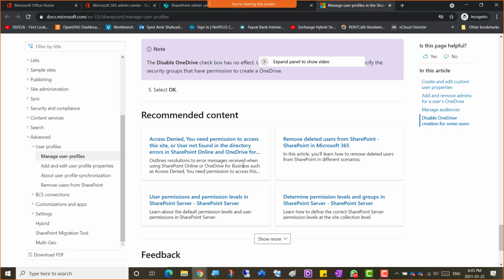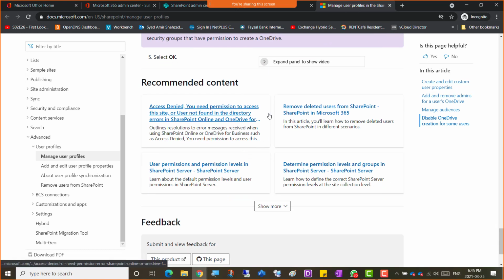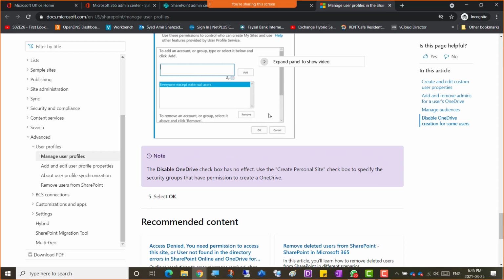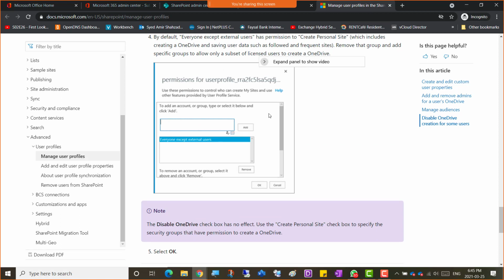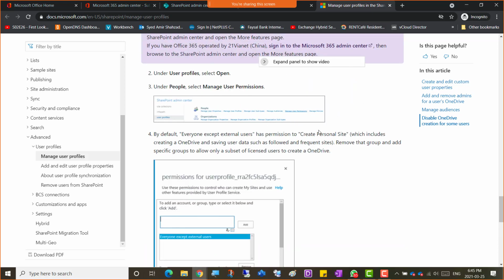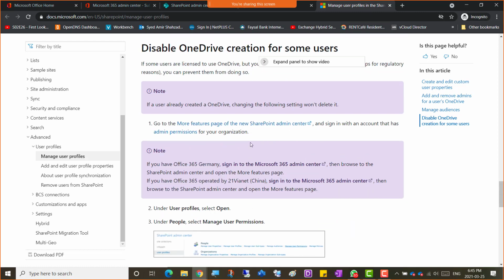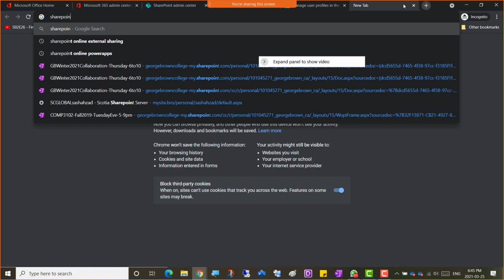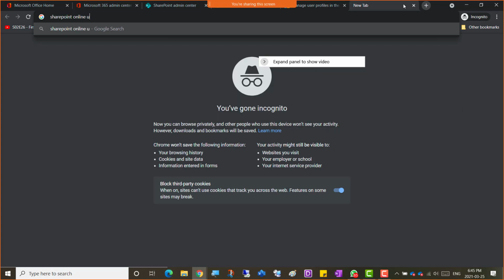Now their documentation is also not very detailed on this, because at the start they say you don't have to even come here and change anything, but obviously it's for the developers and for the designers of SharePoint who really want to add extra options and put some functions there in the background. Than they do for now. If I just go for SharePoint online user profiles and then subtype,